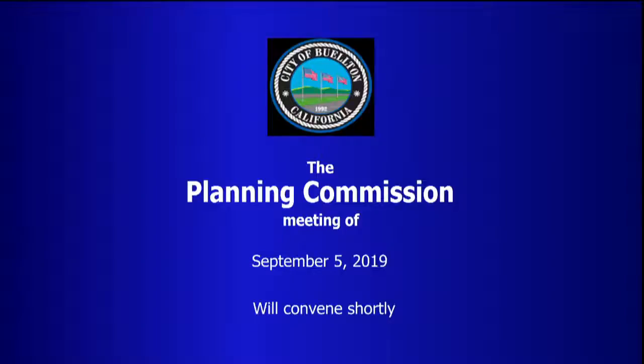A resolution of the Planning Commission of the City of Buellton, California, considering recommendations to the City Council on revision to Title 19 zoning of Buellton Municipal Code 19ZOA-01 relating to accessory dwelling units, amending sections 19.02.110, residential zone allowable land use and permit requirements, 19.04.142, number of parking spaces required, 19.12.020, definition of specialized terms and phrases, 19.06.010, purpose and applicability, 19.16.014, inclusionary zoning, 19.16.020, secondary dwelling, deleting title and text of section 19.06.180, secondary dwelling, and replacing with new title accessory dwelling units in text and making findings in support thereof.